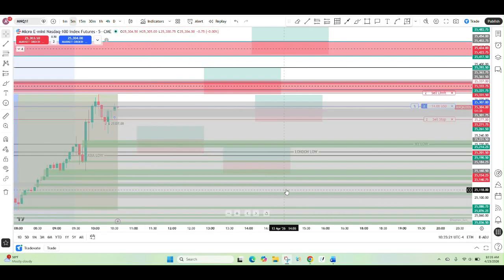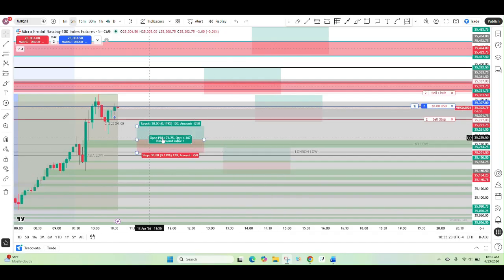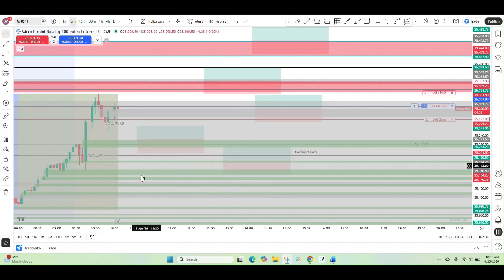Okay, so I'm back. I'm in a trade right now. I ended up drawing some new entries because as the market was going, new fair value gaps were being formed. So this was a bearish fair value gap that formed, and then as you can see, 3 candles later, it finally closed over that bearish fair value gap,